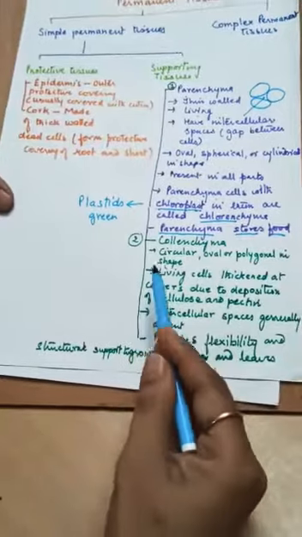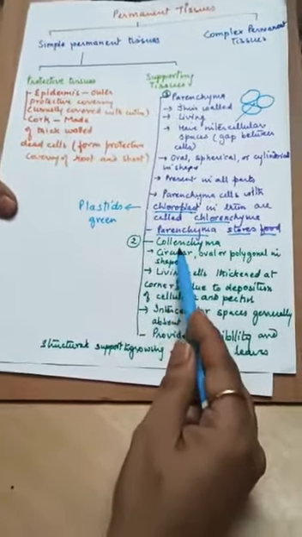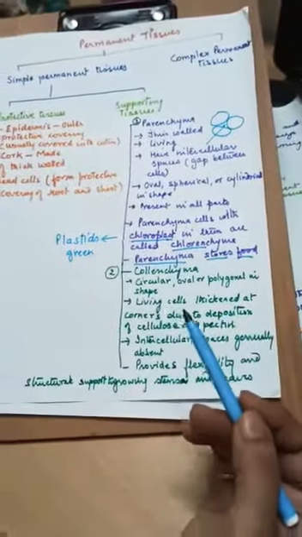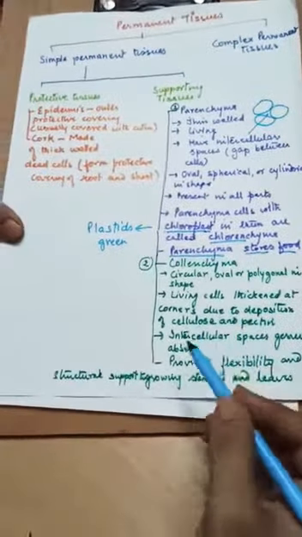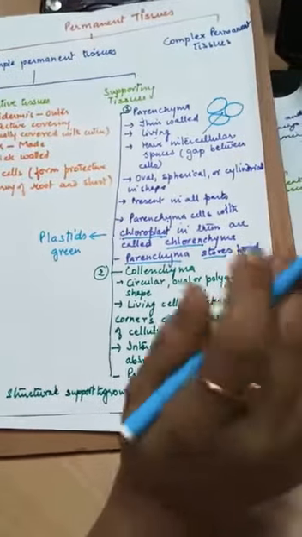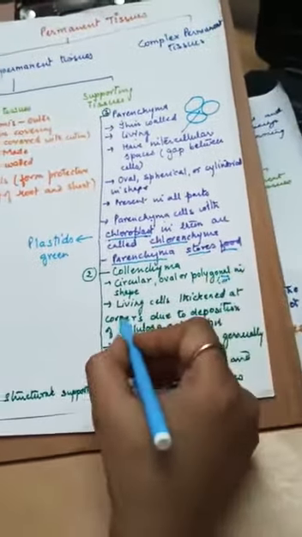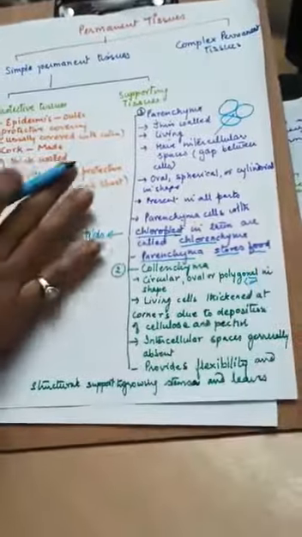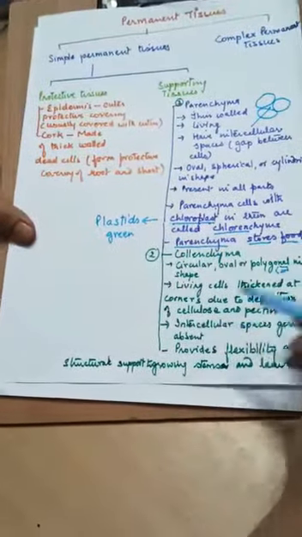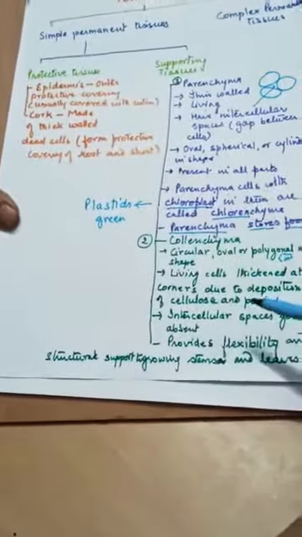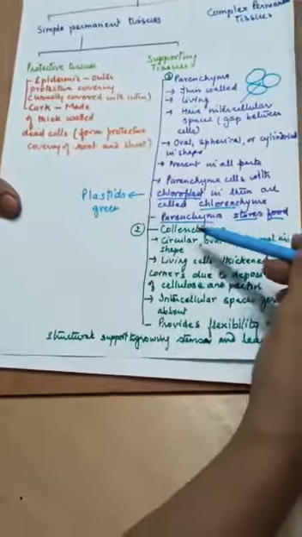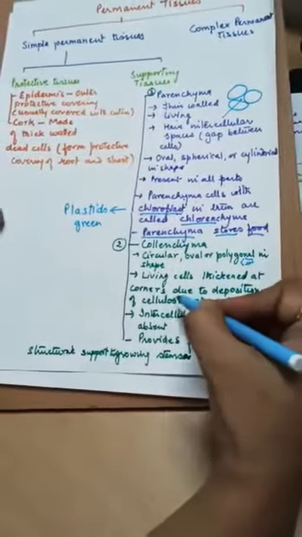Now coming on to the second supporting tissue, that is collenchyma. Collenchyma cells are again circular, oval or polygonal. Polygonal, I hope that you know better. They have multiple sizes. They are again living cells. So the common thing between the two is the shapes are generally the same and both are living. But parenchyma were thin-walled. Here collenchyma are thickened at corners.